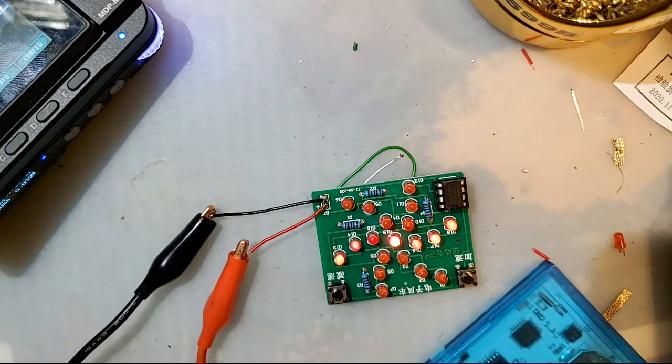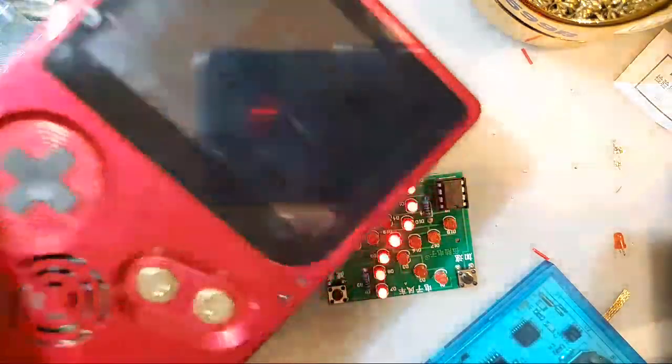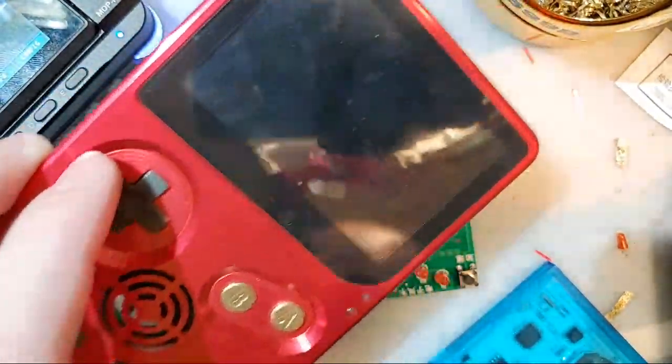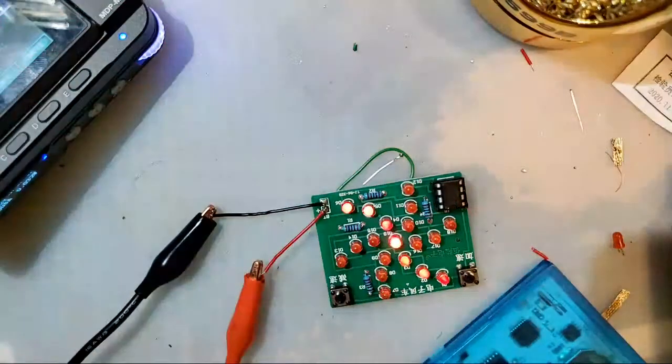So yeah, there is a similar one on Thingiverse, but it's different. I've made one of those. It's all right, but it's not quite the same thing. Mine is styled after OEM, so you can use the